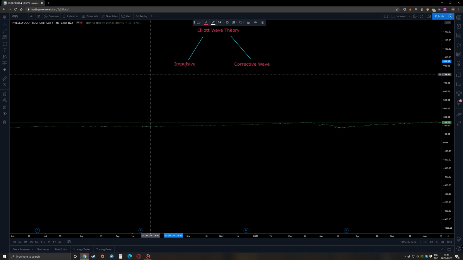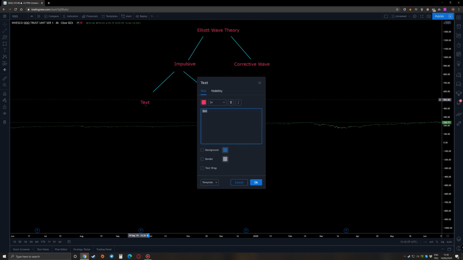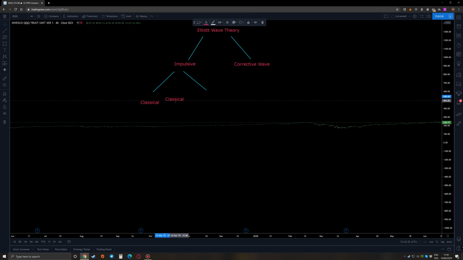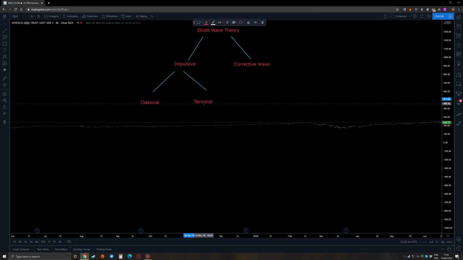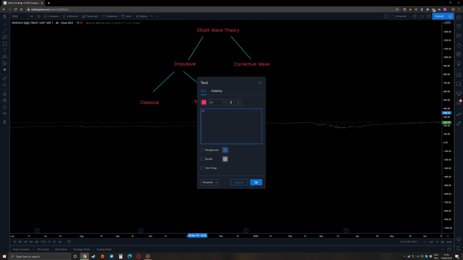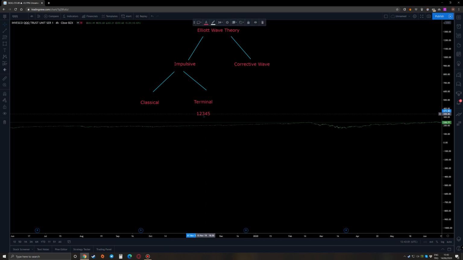If you're dealing with an impulsive wave, you have to ask yourself this question: is this a classical impulsive wave, or is it a terminal wave? This terminal wave I didn't show to you yet. Just to give you a little bit to start, it is actually labeled 1, 2, 3, 4, 5 with numbers, but all of the waves are